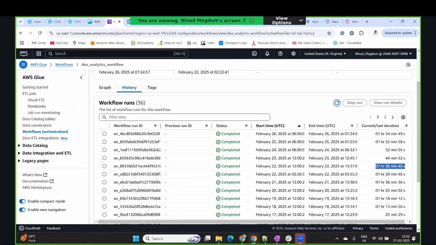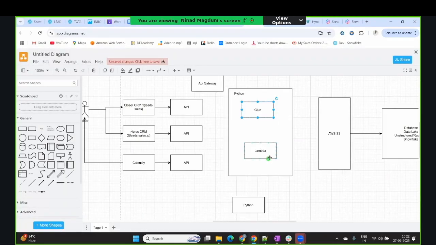That's where I am going to Glue, not Lambda. This is how you cut down the multiple different systems. So when you're doing a system design, always ask questions. And when it is API,